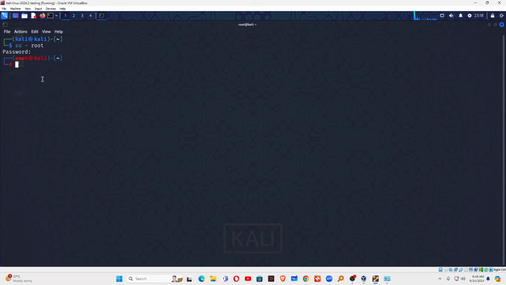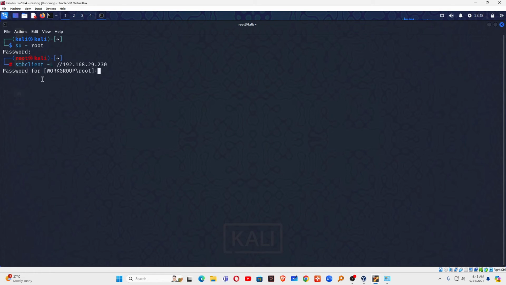Now here I have to type smbclient -L and the IP address of the Samba server, that is 192.168.29.230, and it's asking for a password. Nothing as the password.